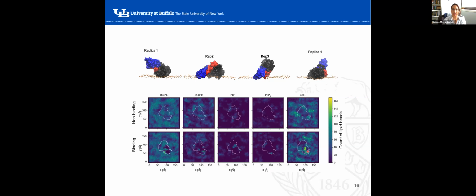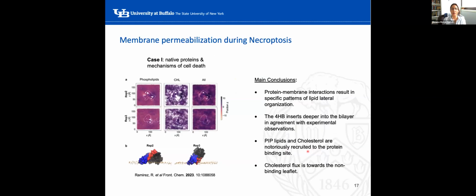We did look at hydrogen bonding, at how lipid packing defects change on the surface, and you can read that in the publication. But the main takeaway message from this first study that I want you to remember is that protein membrane interactions do in fact result in a particular fingerprint on the membrane after the protein binds, which I forgot to say in our simulations of 2 microseconds, the protein bound within the first 500. And then as you let the simulation run and the membrane re-equilibrate after this protein binding event, then we do end up with a different lipid fingerprint right underneath the protein,